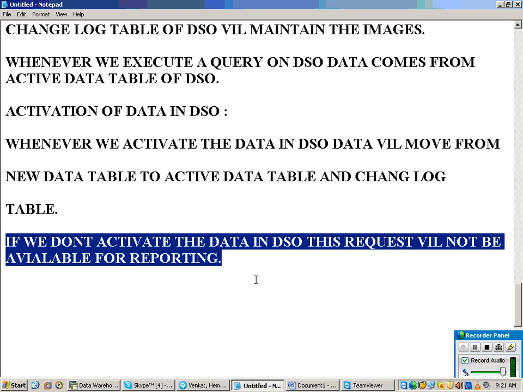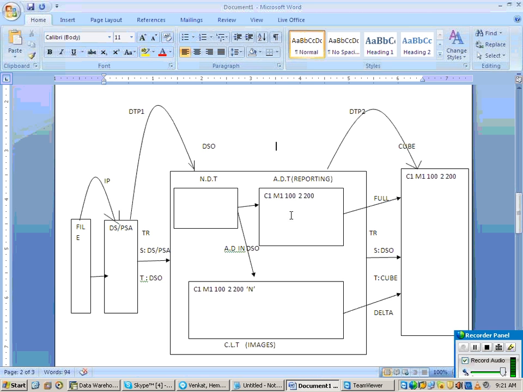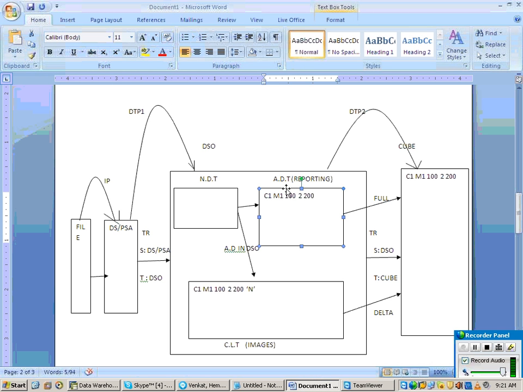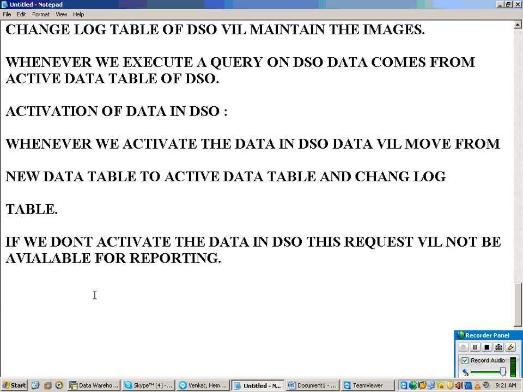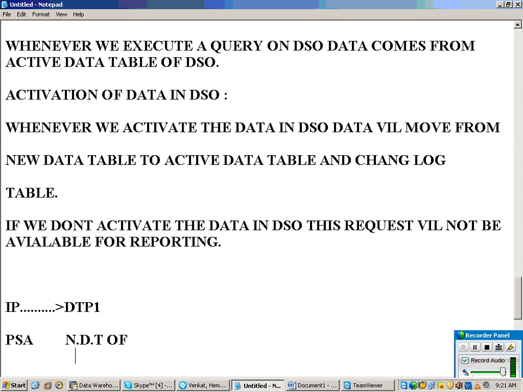If I'm not activating, there is no data in the DSO active table. That means this data will not be available for reporting. So from here on, first you have to trigger an info package, then data will come to the PSA. Then I trigger my DTP1, and data will come to the new data table of the DSO.